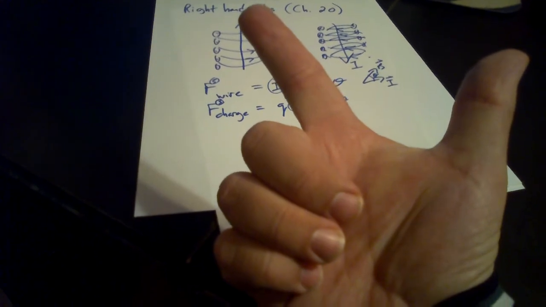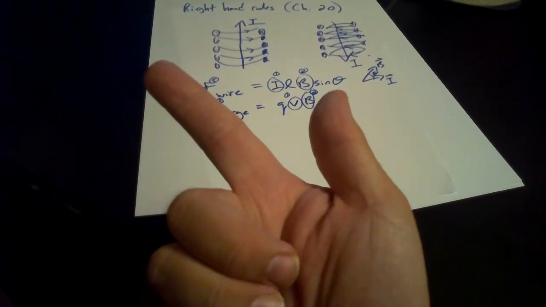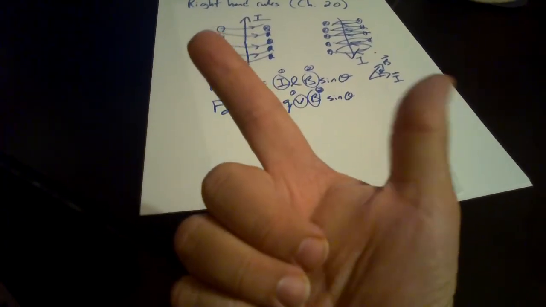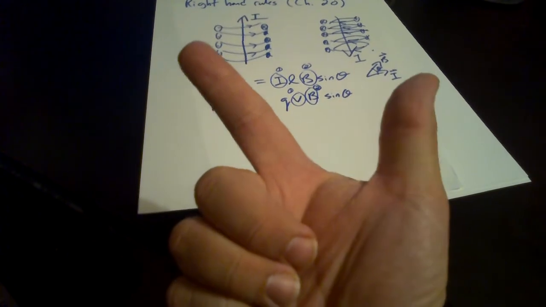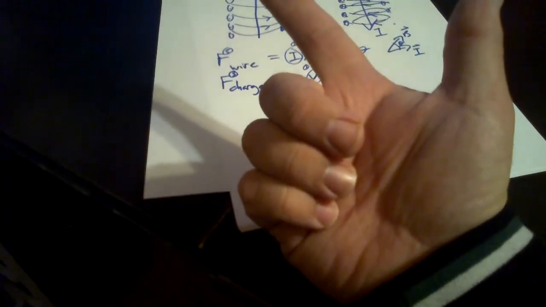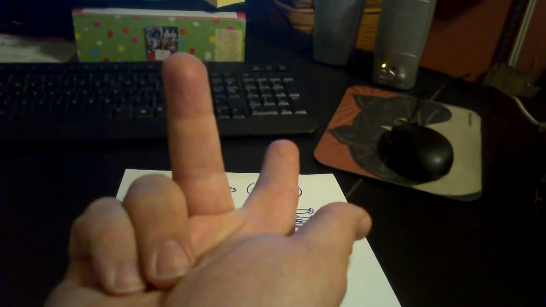So no matter what angle you have between them, they define a plane. Now if you take your third finger and put it so that it is at a right angle to that plane, or normal, as we call it, so it's coming straight out of the plane,